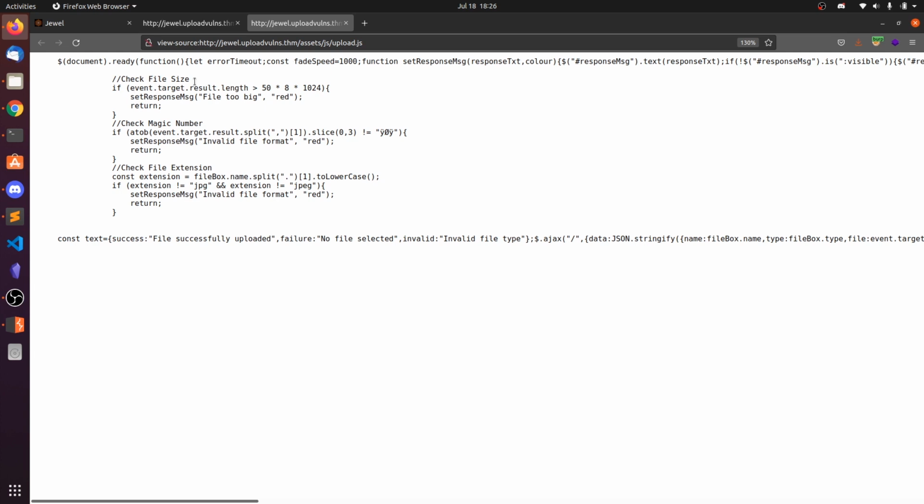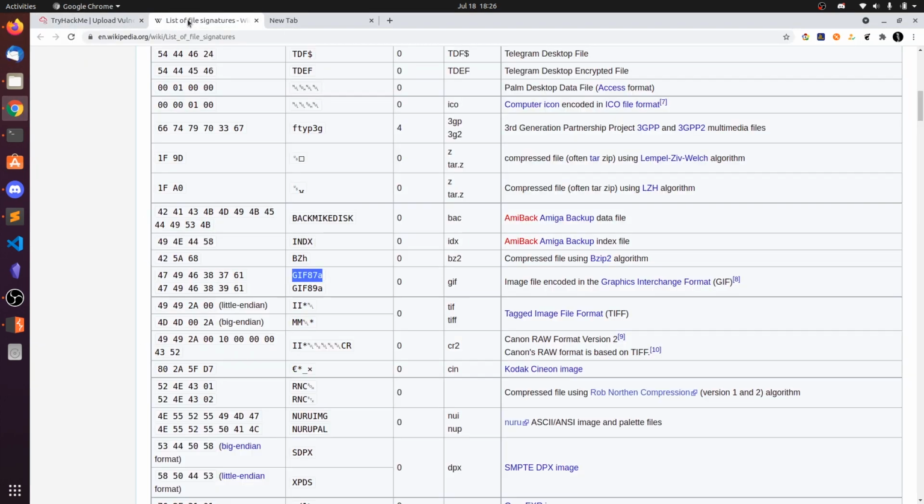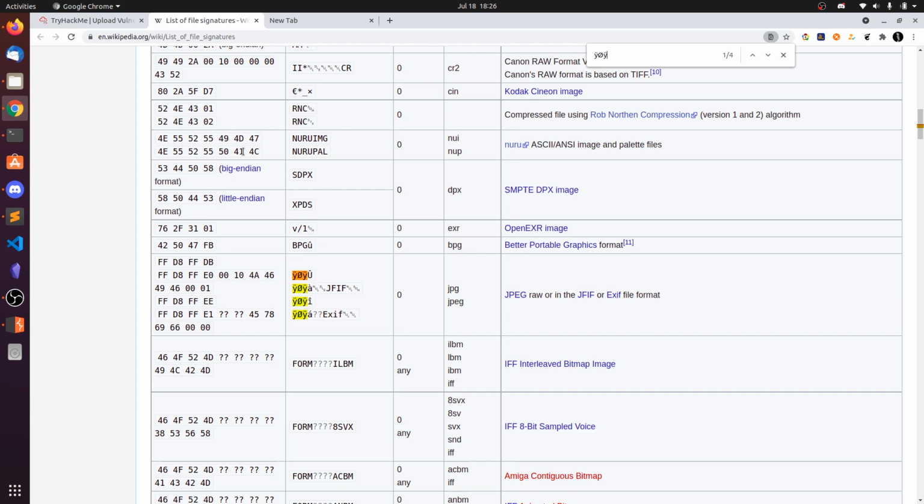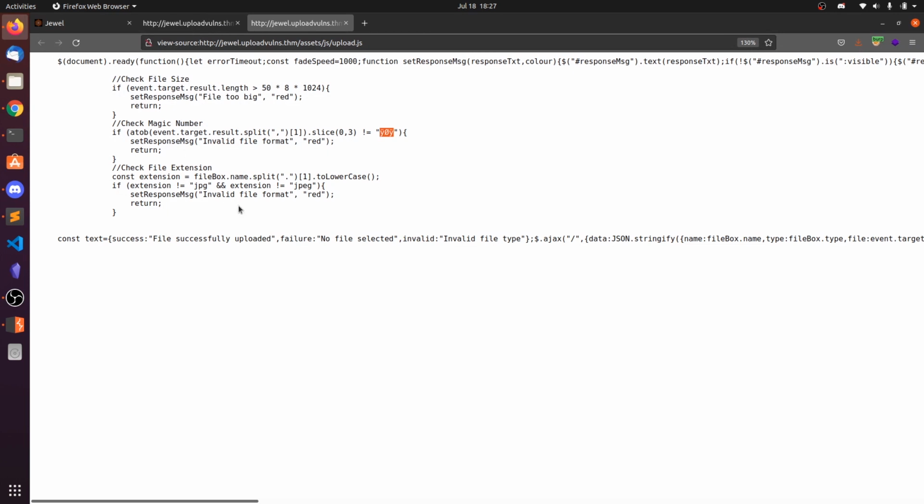Anyway, the file size should be less than 4 MB, and the magic number should be this. I don't know what this one is, so copy this and search here, and you can see the file type is JPG, so the website accepts only JPG files.